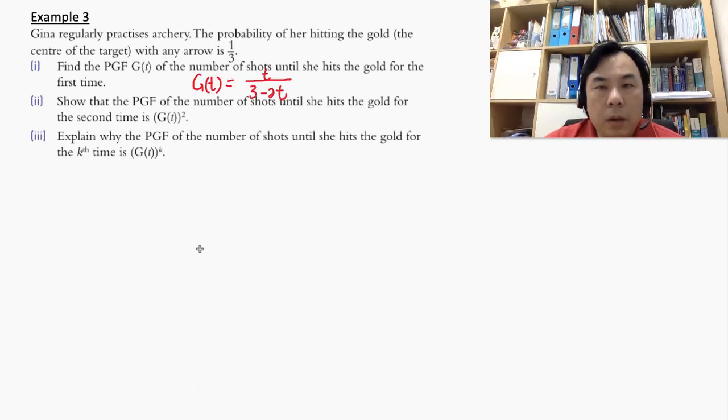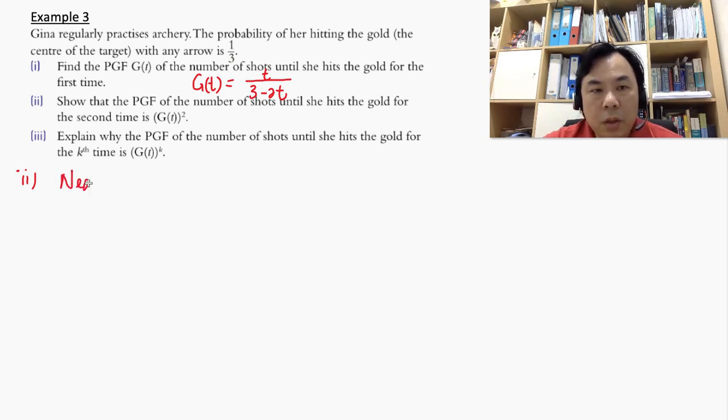All right. Now let's take a look at the second question. I just wrote this down for reference here. Second question: show that the probability generating function of the number of shots until she hits the goal for the second time. Now, this distribution may not be familiar to a few of you. I will try to provide extra videos to explain what sort of distribution this is. This is what we call the